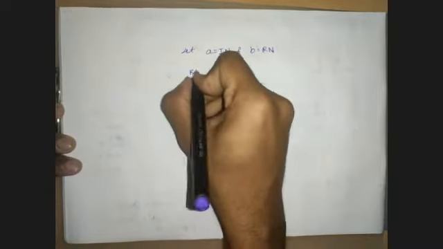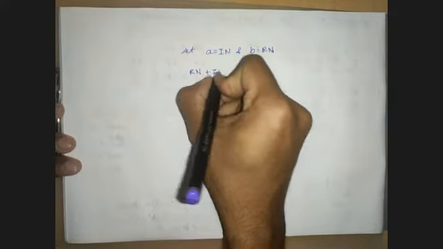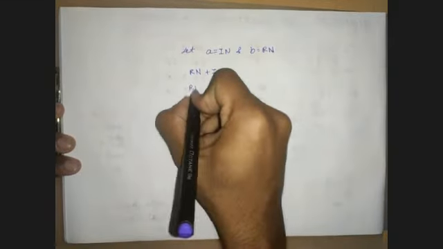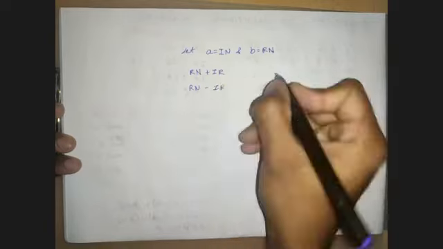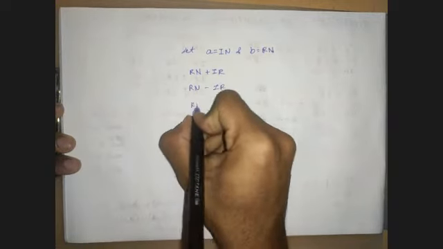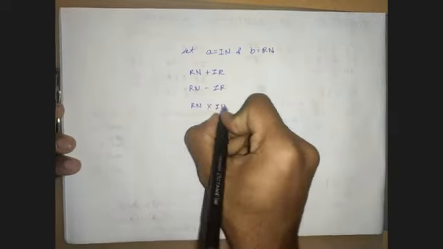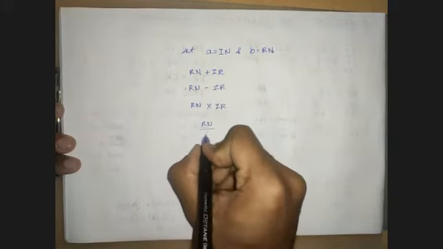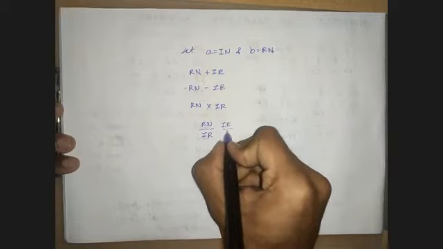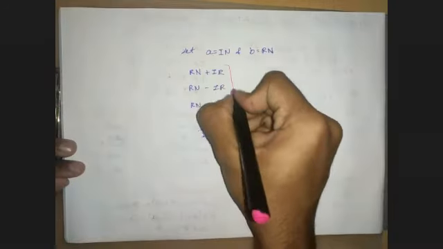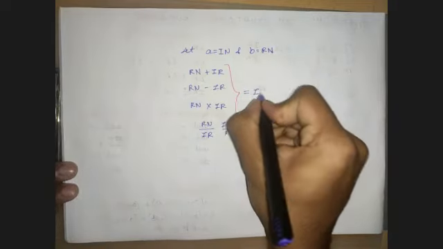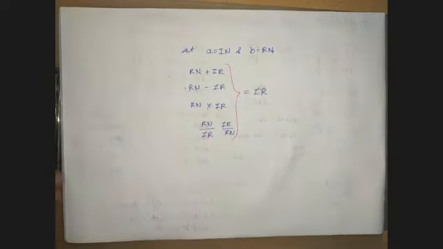So rational number plus an irrational number, or a rational number minus an irrational number, or a rational number into irrational number, or a rational number divided by irrational number, or vice versa, irrational number divided by rational number, anything might be. So this would give me irrational number always. Okay,